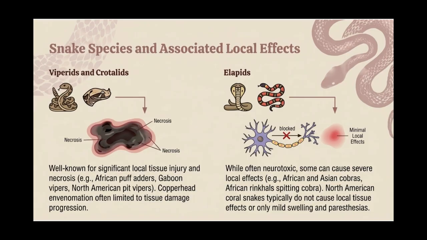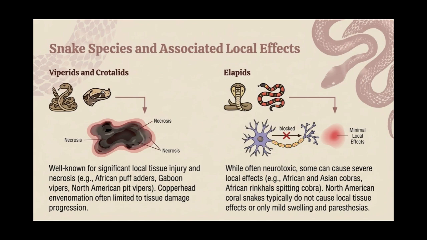Envenomation by copperhead snakes, a species within this group, is often limited mainly to the progression of tissue damage. In North American crotaline envenomation, common local effects include tissue damage, swelling, bruising, redness, hemorrhagic blisters, and skin necrosis. Asian terrestrial pit vipers, such as those of the genus Gloydius, Sri Lankan hump-nosed vipers of the genus Hypnale, Central and South American bushmasters of the genus Lachesis, Central American horned pit vipers of the genus Ophryacus, Asian montane pit vipers of the genus Ovophis, and Central American montane vipers of the genus Bothriechis, are also known to cause local effects, often including necrosis or shock.